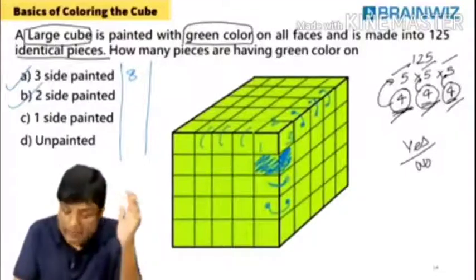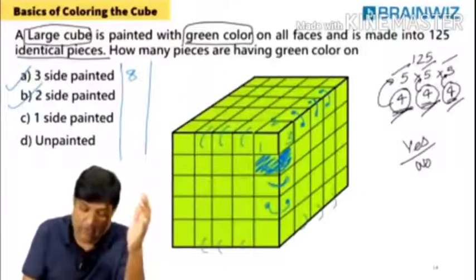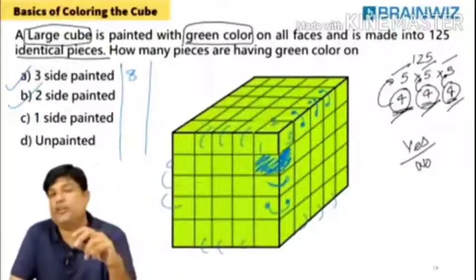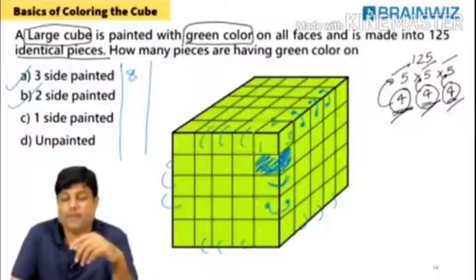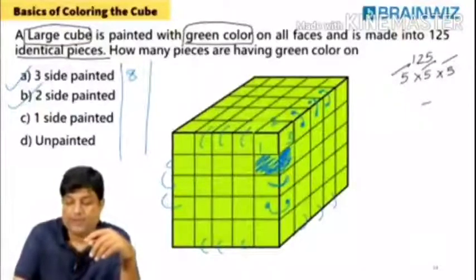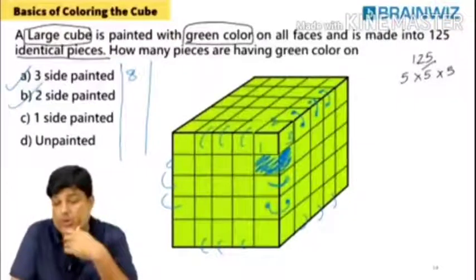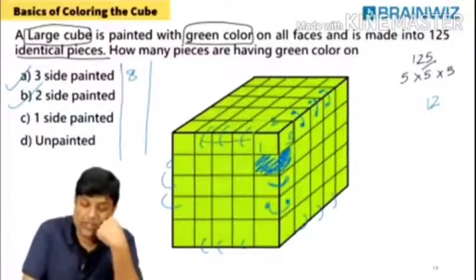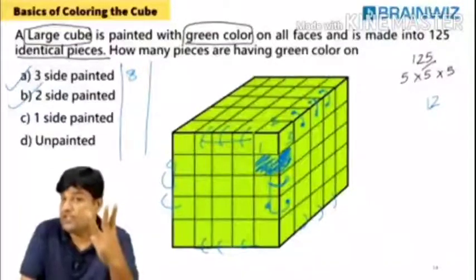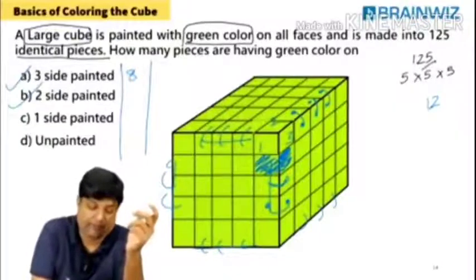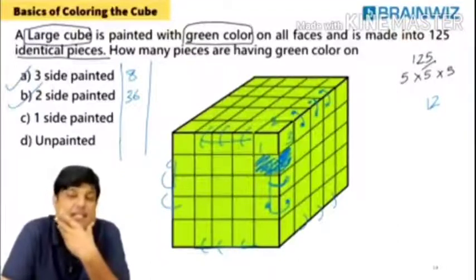So on every edge, you are finding 3. Here also 3. Here also 3. On every edge, how many are you finding? 3. Students, you have to tell me how many edges are there. 1 edge, 2 edge. No, there are 12 edges. Edge number 1, 2, 3, 4. We learned that. Don't say on every edge 3, 3, 3. So what's that? 36 pieces. Seriously, there are 36 pieces.